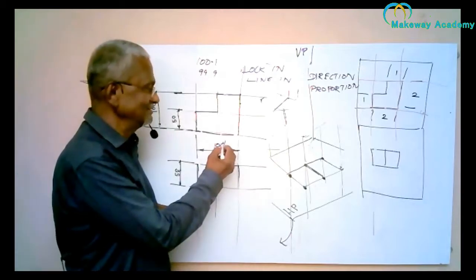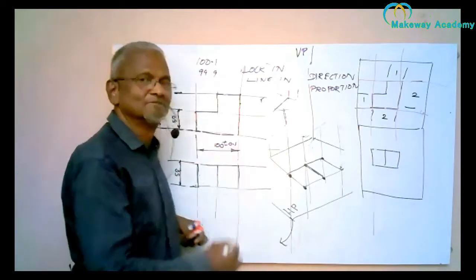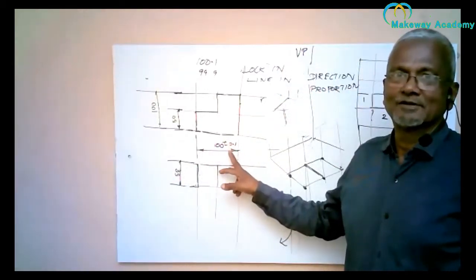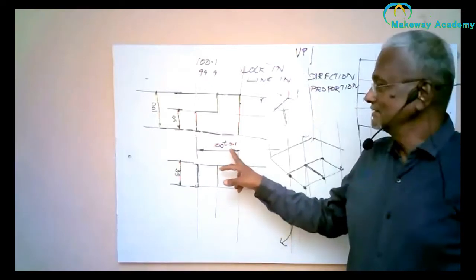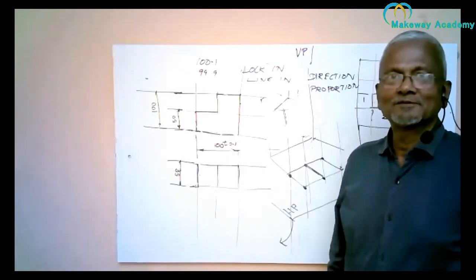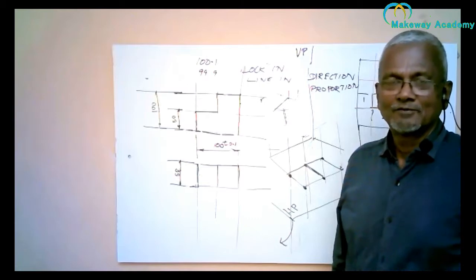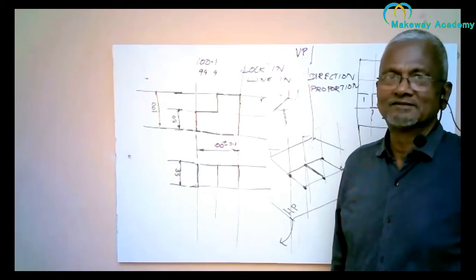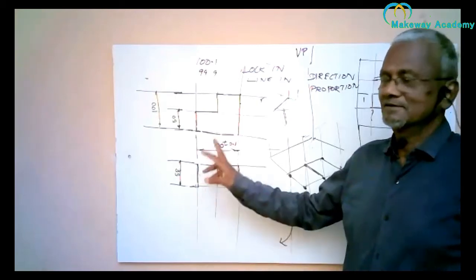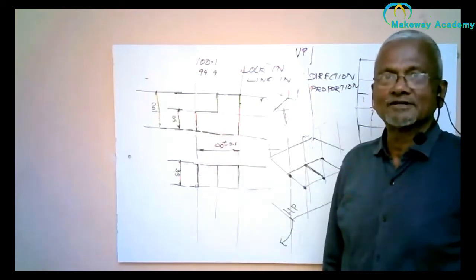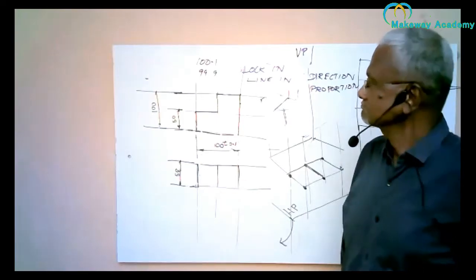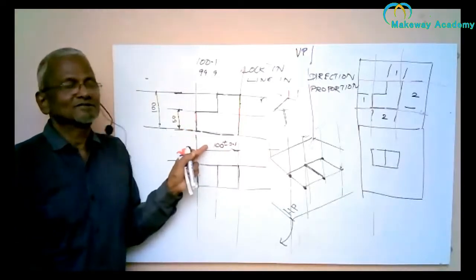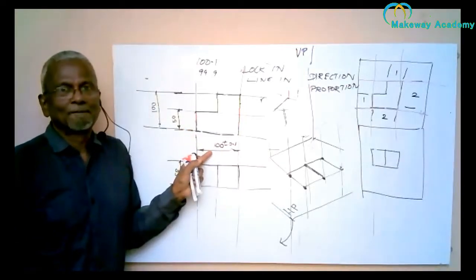So how do I represent this in drawing? 100 plus or minus 0.1. That is how I represent 100 plus or minus 0.1. Now it can be manufactured. Anybody can manufacture this. What they should do, they must see that the dimension is within these limits. If the dimension is within this limit, this is okay. Otherwise, not okay. It will be rejected. So the dimensions have to be given, tolerance has to be given, the material has to be told.